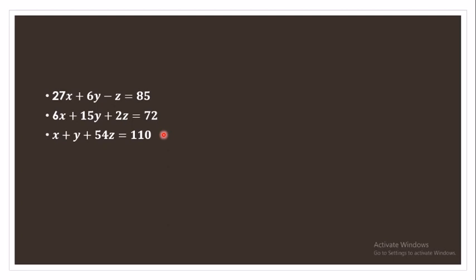Now, according to our working rule, we have to find out whether the three conditions are satisfied by this system of equations. In the first equation, 27 is the coefficient of x. It is very clear that the coefficient of x is greater than the sum of the other two coefficients, 6 and 1. 6 plus 1 is 7, and 27 is greater than 7. So 27 is greater than the other two coefficients. Similarly, I'm going to check the second equation.